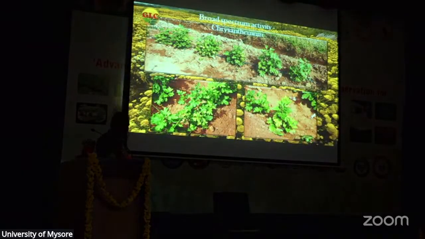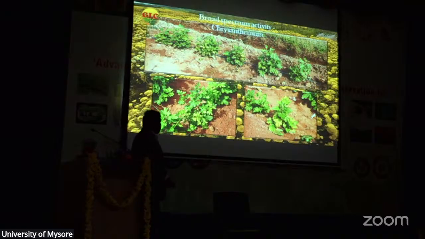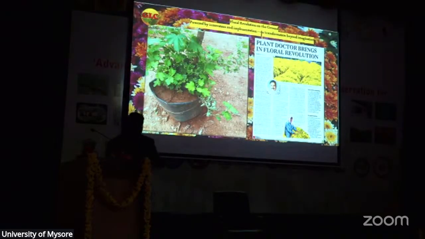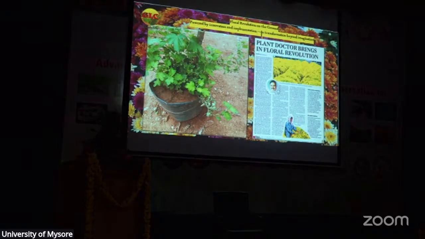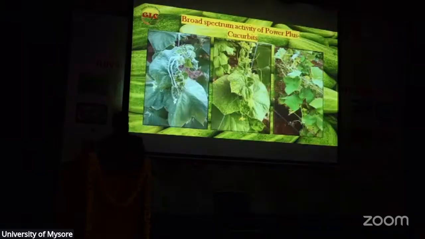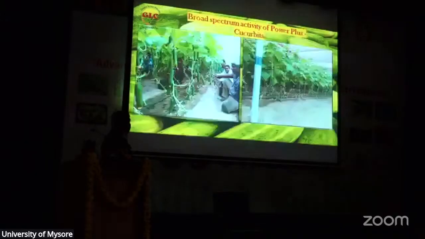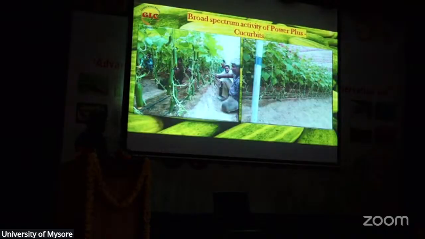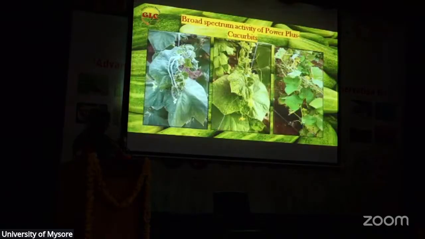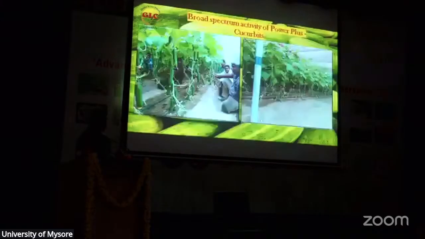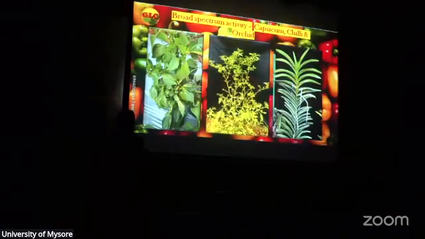Of course, we have shown how our technology worked in chrysanthemum. We brought in that revolution because we were able to control soil-borne diseases, foliar diseases, as well as virus diseases. In cucumbers, it works fantastic. In all cucurbits, any virus, it works fantastic. This is after the treatment. Before treatment, it was like this, and after the treatment, the entire population recovered in the greenhouse in Delhi, and it works on